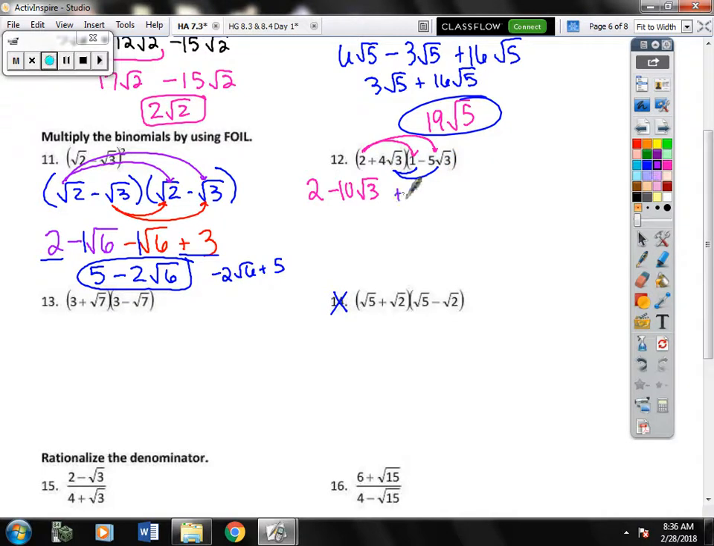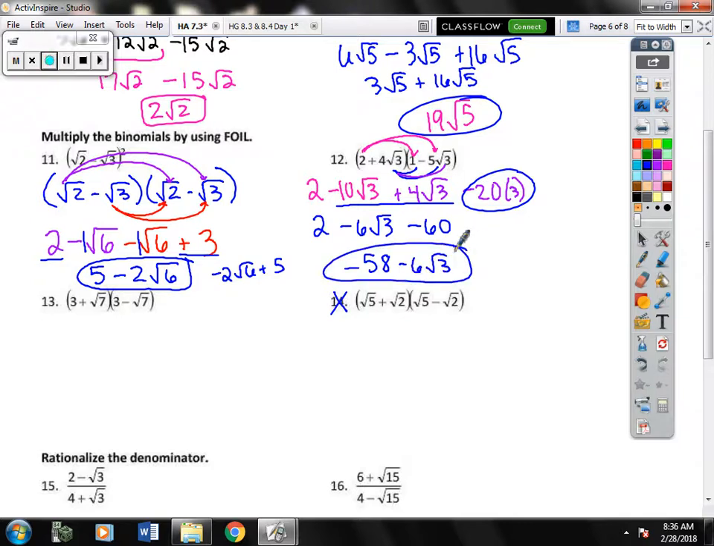So we'll get plus 4 root 3. And then make sure that you're careful on the last one. We will get negative 20, 4 times negative 5. But the square root of 3 times the square root of 3 would be the square root of 9, which is then 3. And then we can combine our like terms. So negative 10 plus 4 would be a minus 6 root 3. And multiply these together to get minus 60. So 2 minus 60 would be negative 58